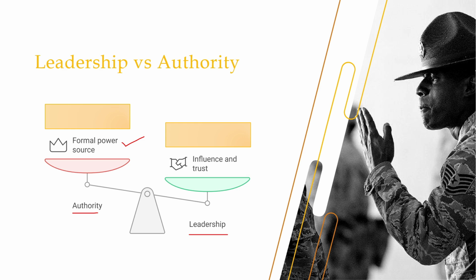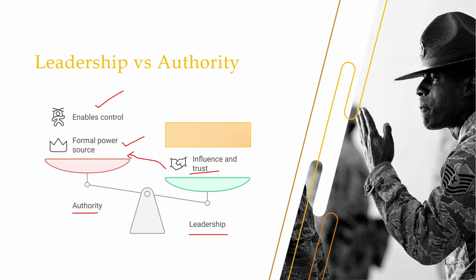But when it comes to leadership, it is behavior driven, and it is based on things like influence, motivation, and trust, right? This is where leadership comes from. So, this is a direct contrast to a formal power source. Leadership is obviously less about formal power, it is more about the ability to influence others, motivate the team, and build trust through your actions and decisions. Authority may enable control, but leadership is going to inspire teamwork and commitment, right?